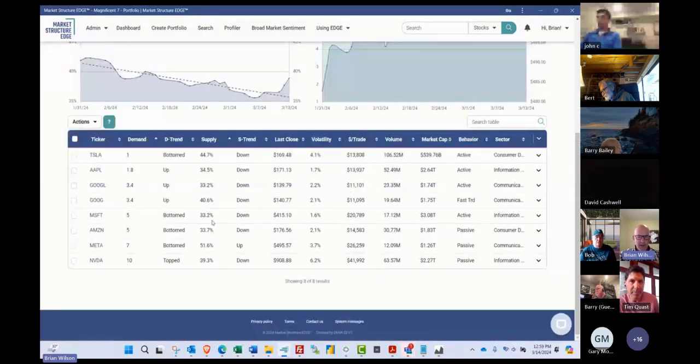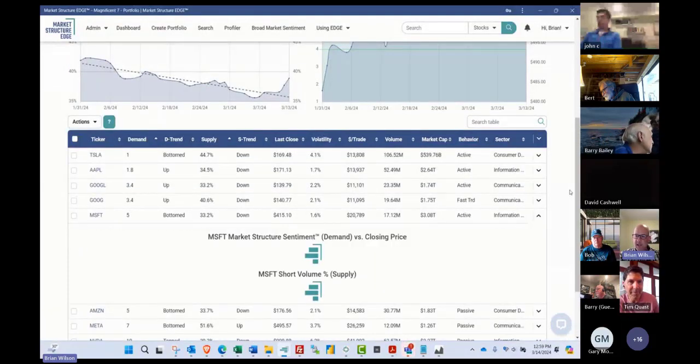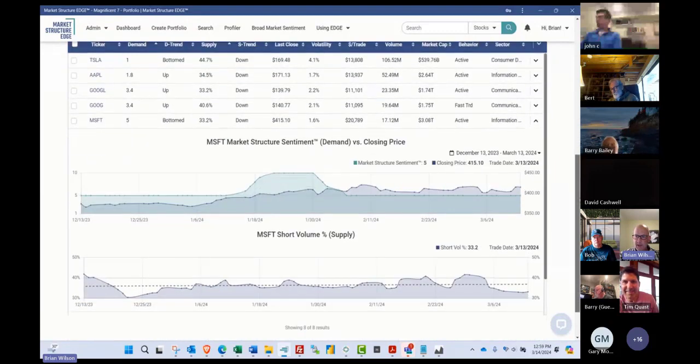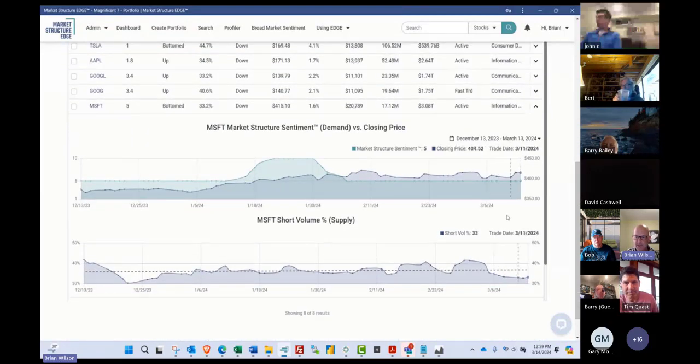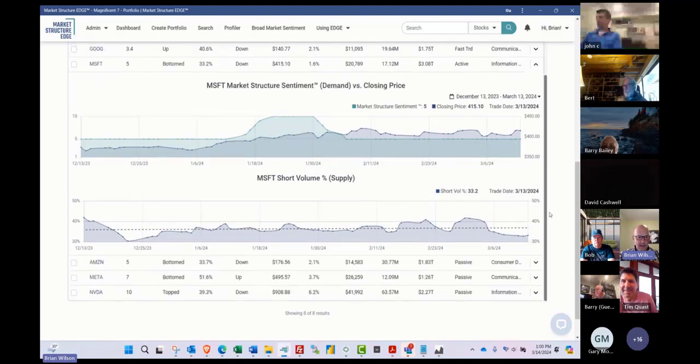But if you look at some of the other names, Microsoft today has good supply demand characteristics, neutral sentiment, very low short volumes. I made money a couple of days ago in Microsoft just trading intraday volatility. I know that, if we get a little bit of weakness in the name, I can pick that up, because that's a great setup. I actually traded NVIDIA earlier today.